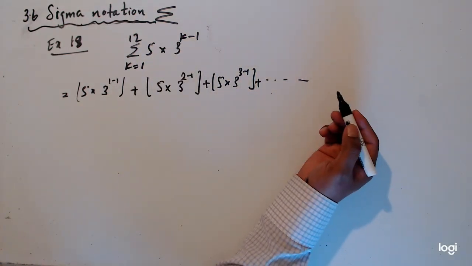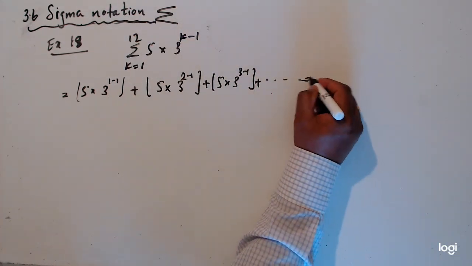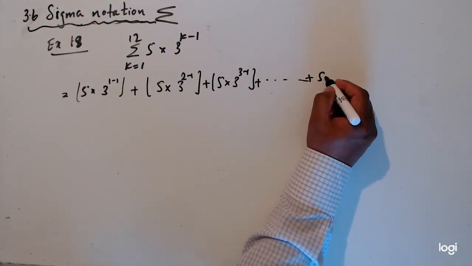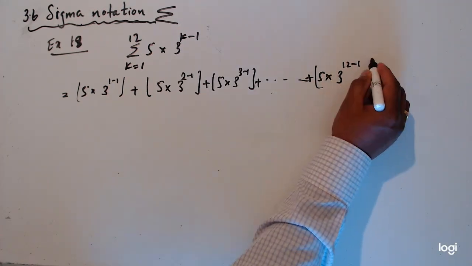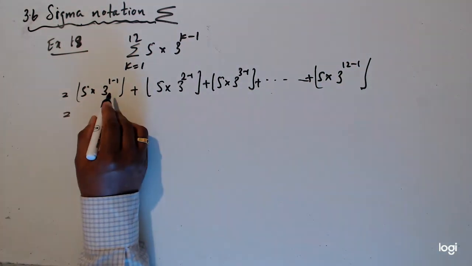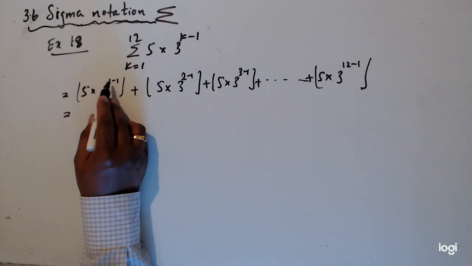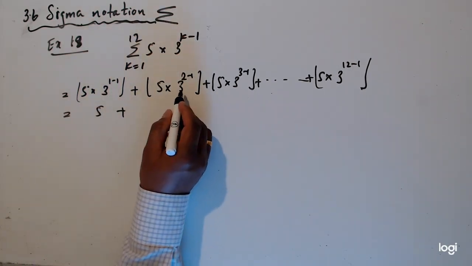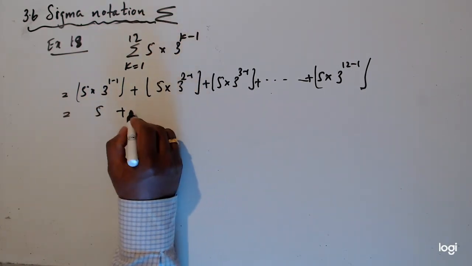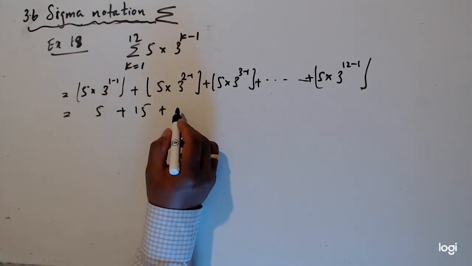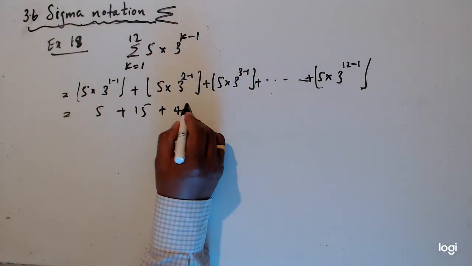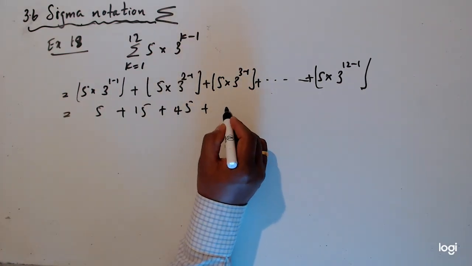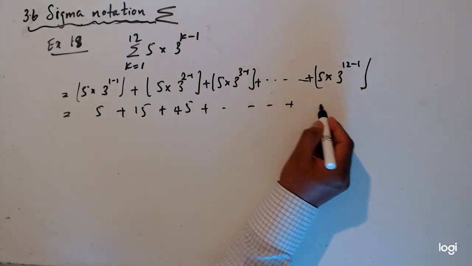Plus, we can write the 12th one if we want, 5 times 3 to the power 12 minus 1. So this is 3 to the power 0, that is 5, and this is 15, and then this is 3 squared, 9 times 5, 45, plus dot dot dot,